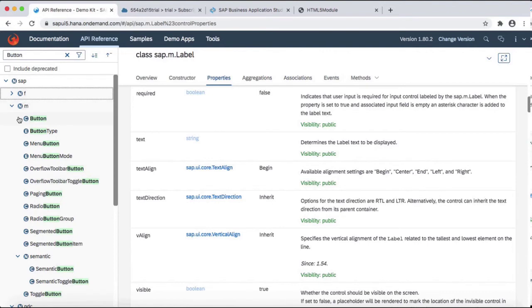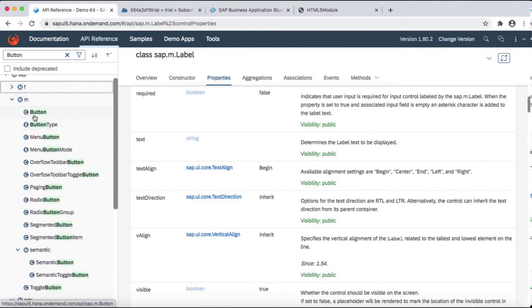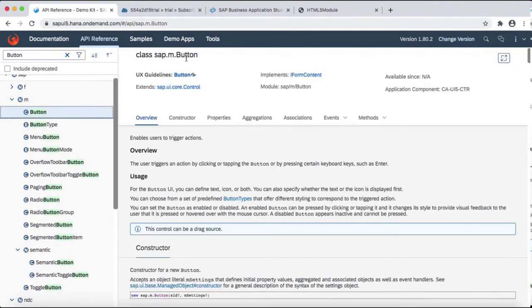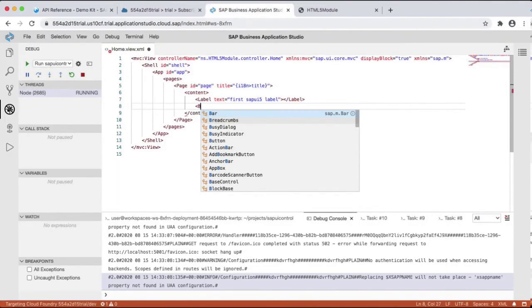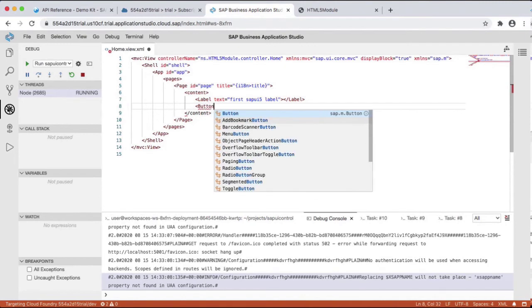We'll look into the M library, and the M library has a button control. I'll create a new button in SAP Business Application Studio. This is under the M library, so I'll use button directly.